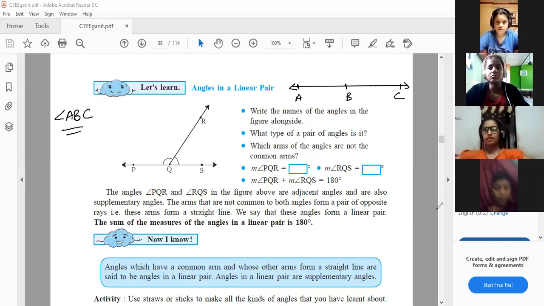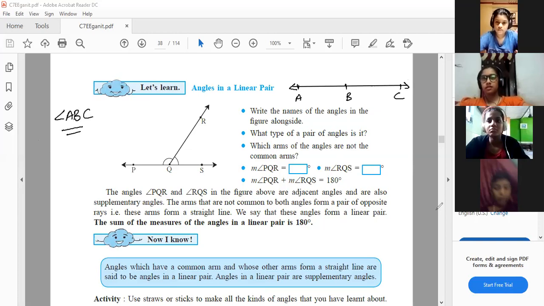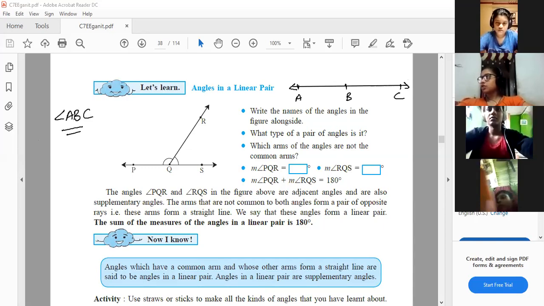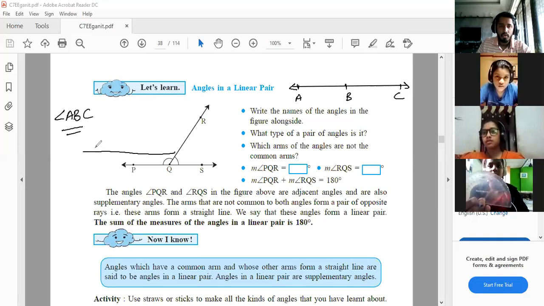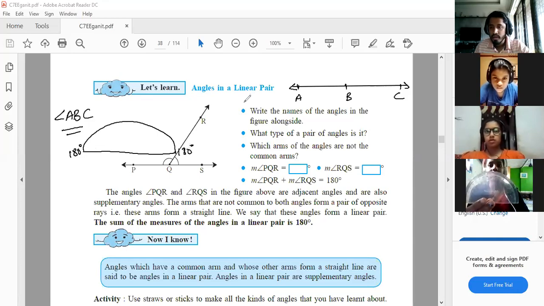I'll tell you. You know how a protractor looks? You know the protractor in which you make your measurements. Anyone has a protractor close to you? Please show it to us on the screen. Everyone look at Trisha's screen. Trisha, can you see in the protractor, this is given as 180 degrees here, 180, 180?